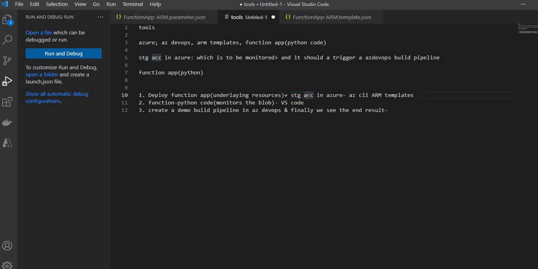Whenever we change it, we'll see that this particular build pipeline automatically kicks off. That is what our initial task was: a storage account to be monitored, and we want to trigger a build pipeline